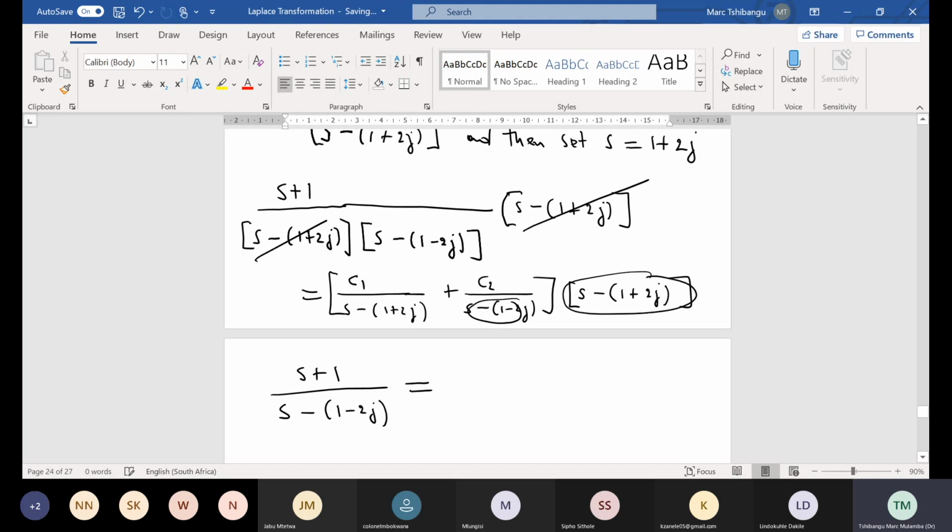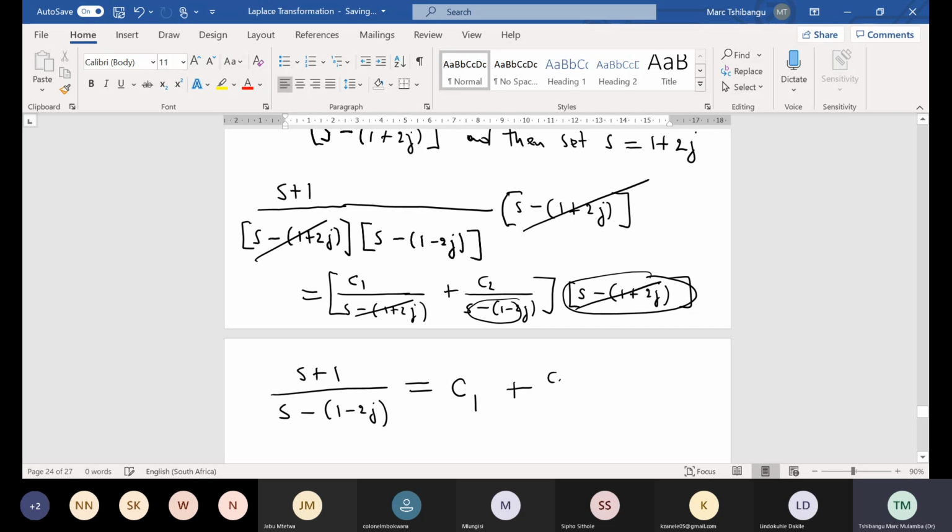We're going to end up with C1 into s minus 1 plus 2j over s minus 1 plus 2j. Now it's this that is going to cancel with that, not the other way around. Just going ahead of myself. So that means we're going to remain with C1